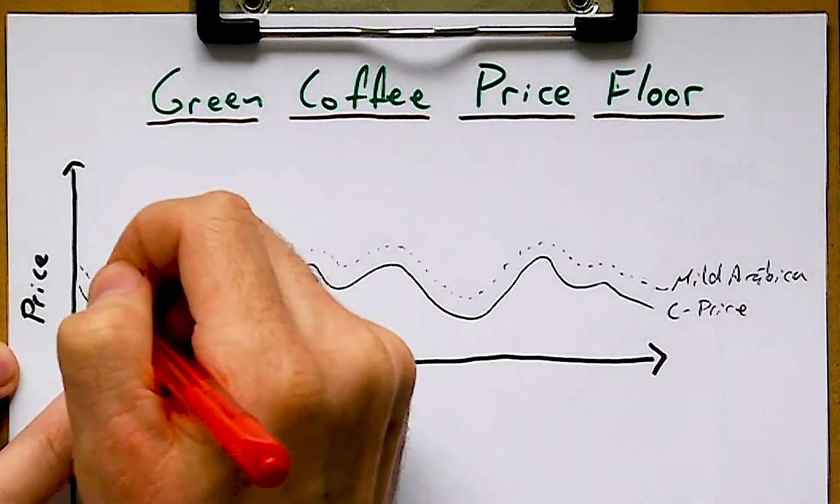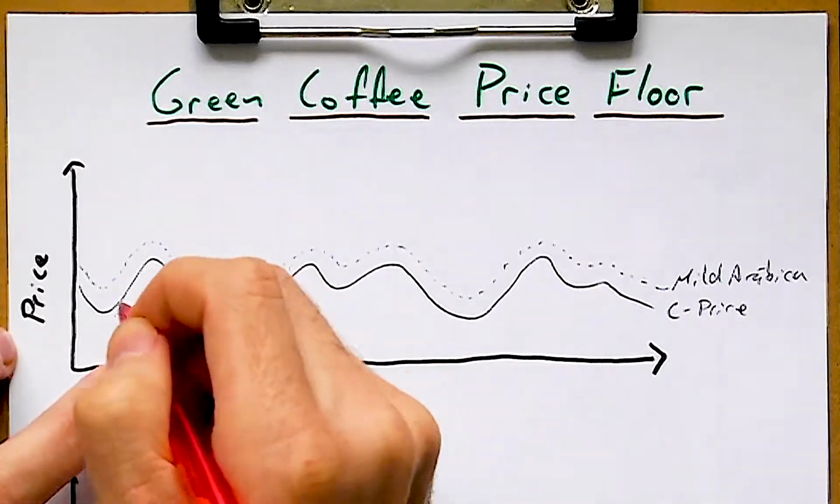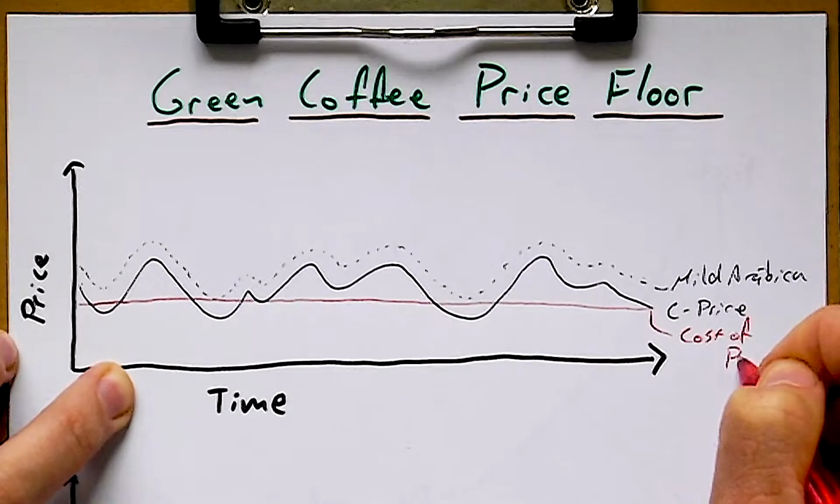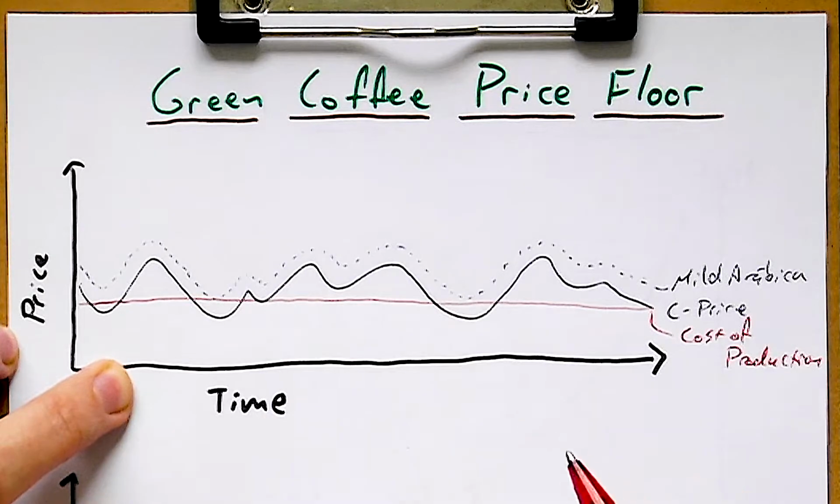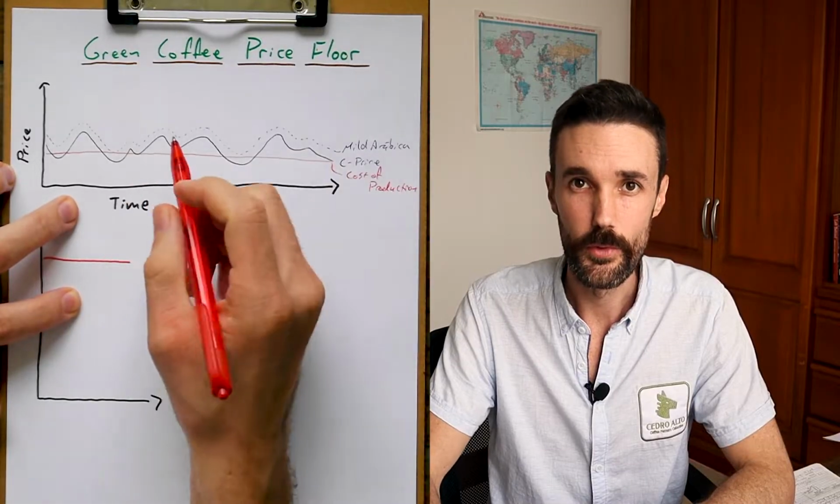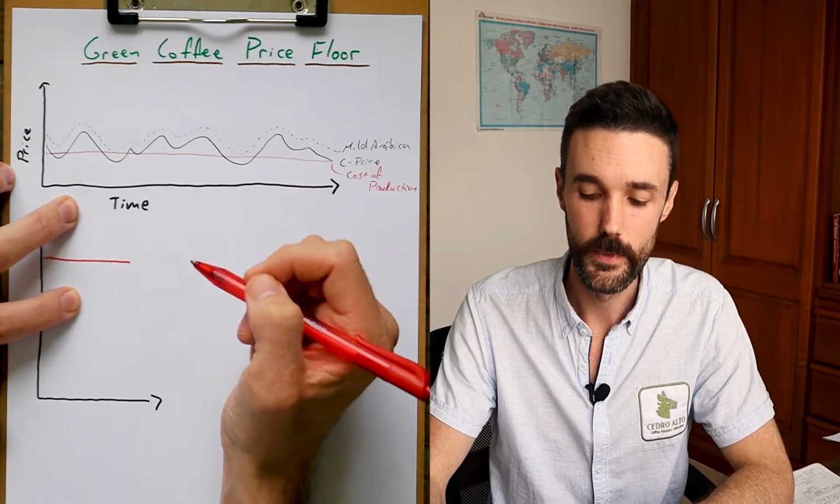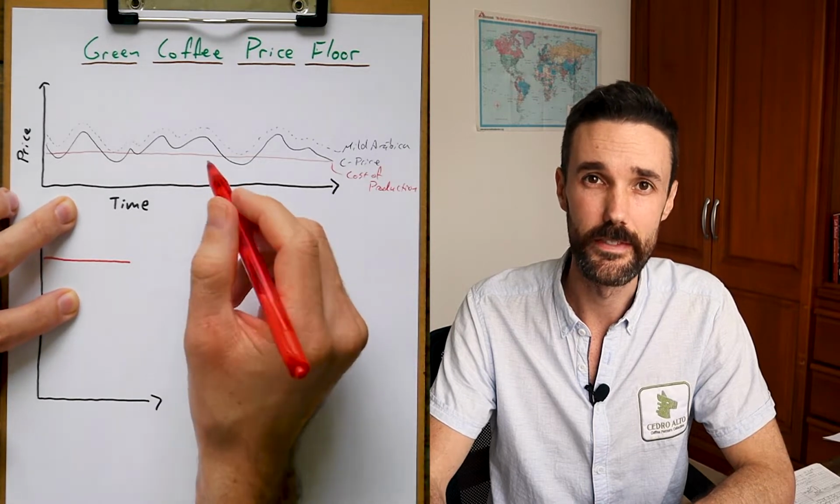Let's say this red line here is going to be some farmers' cost of production. The coffee price is normally higher than the farmer's cost of production, but not all the time. There are times when farmers have to sell below their cost of production just because that's where the market price is. And if that lasts for an entire harvest, that could mean that a family doesn't have any income for